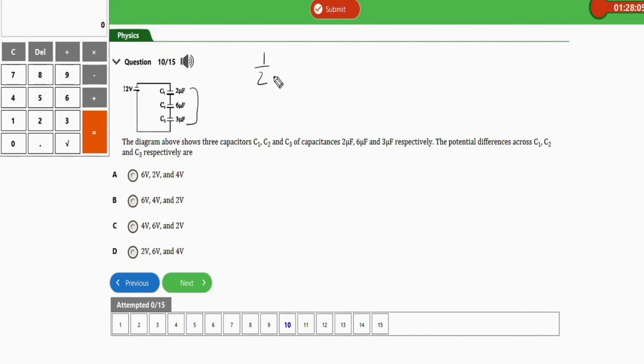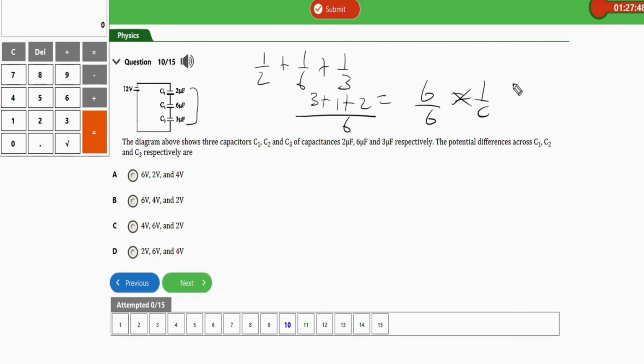Let's get the effective capacitance of this series connection. That will be 1 over 2 plus 1 over 6 plus 1 over 3. So the LCM is 6. We are going to have 3 plus 1 plus 2, so we have 6 over 6 equals 1 over C. So we divide both sides by 6. So the effective capacitance is 1 microfarad. So now that we have this,